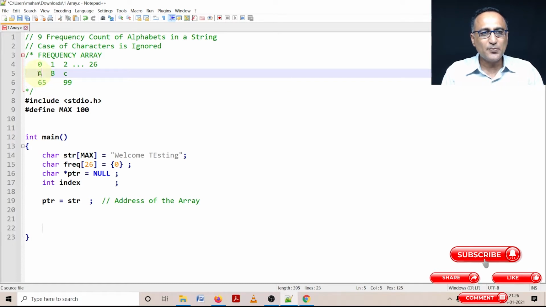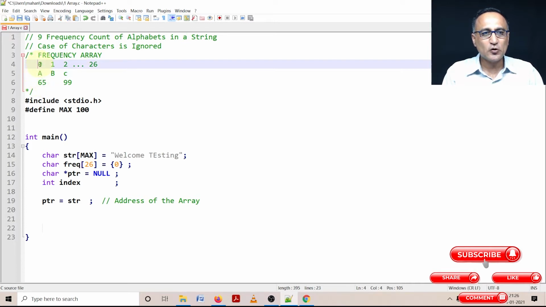So suppose the input character is A, and I subtract 65 from it. I am going to get an integer value 0. So in the 0th position, I'll say that the frequency of A is 1. Now next, when I get B, if I subtract 65 from B, I will get the answer 1.